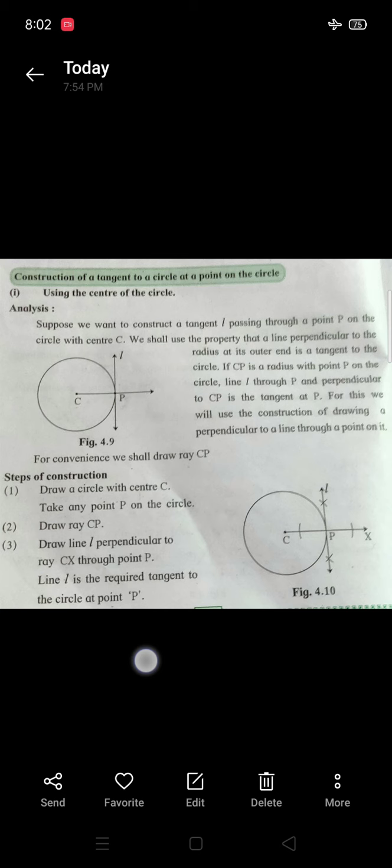More than half distance you have to take from these both the arc. After that, from these both the arc you have to draw this upside and downside arc, and then you have to join the, draw the line. Okay, very simple. It means that your L is perpendicular to CX.